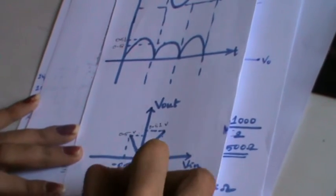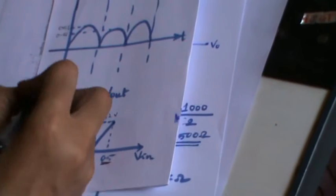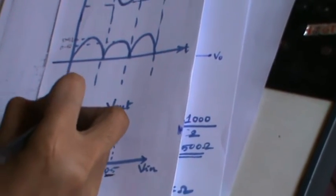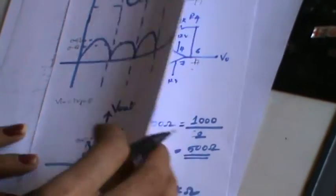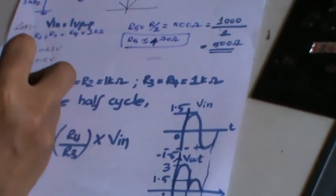So this will be your input, 1 volt peak to peak. One side it is 0.5, the other side it is minus 0.5. So this is the working of the normal circuit for Vin, that is 1 volt peak to peak. Now we will see what is the output you are getting for 3